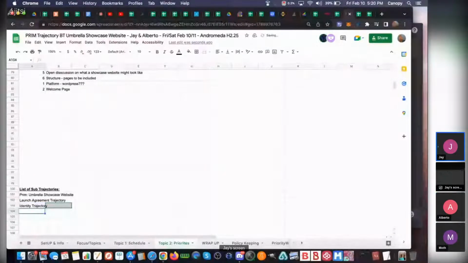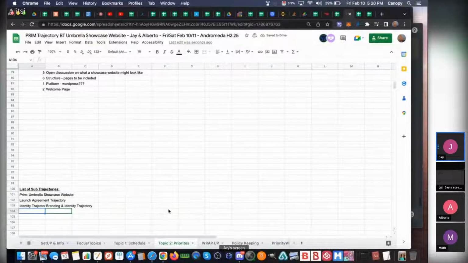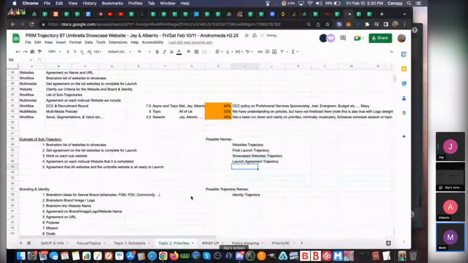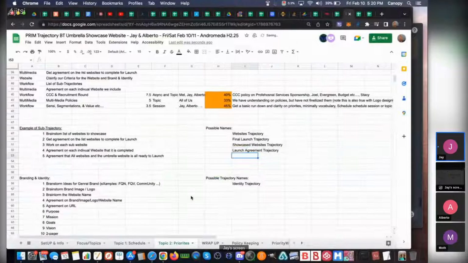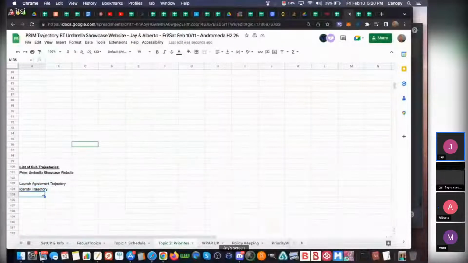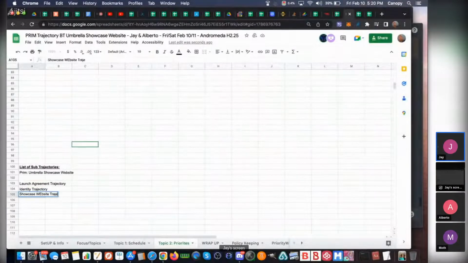So maybe a launch agreement trajectory, which is getting agreement on the launch. Then you have the identity trajectory, and then the showcase websites trajectory. Each of these sub websites also has its own sub-trajectory.